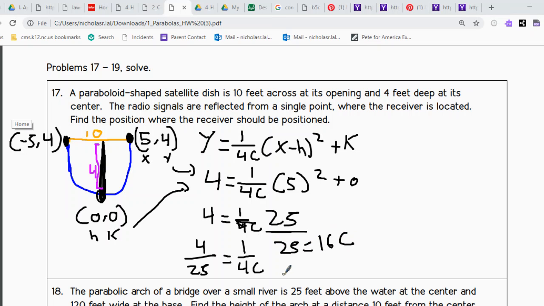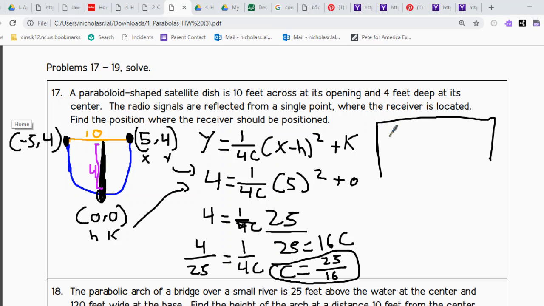And c is equal to 25 over 16. So you get c is equal to 25 over 16. And that's a big component, because now we know that's our focal length. We also need to know that the receiver is 1 focal length away from the vertex. So our receiver